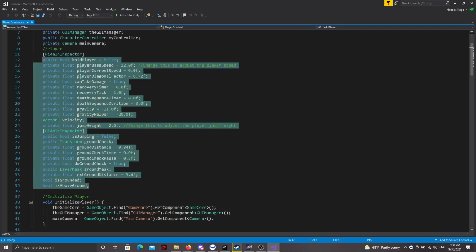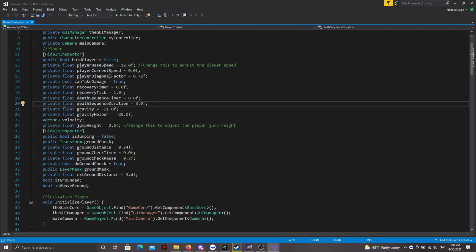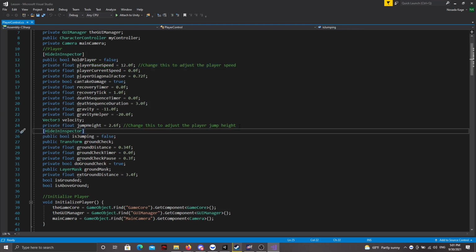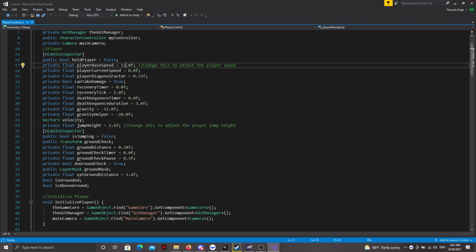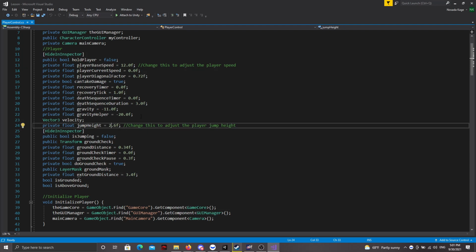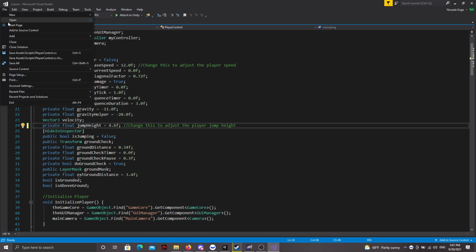These are the variables for this script. Now, we're not going to get into any heavy programming or anything like that. I just want to show you all what the variables look like, and most importantly, these two variables right here. This one is the player's base speed, and this one is the jump height. So if you wanted to change the player's speed or jump, you could do that right here. For example, I can change the jump to 4.6 instead, and then we can save the script just like that,